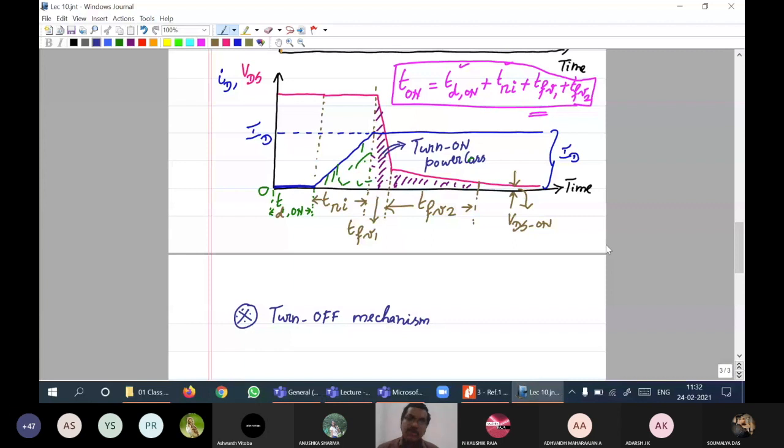See, turn on power loss must be as minimum as possible, which means you need to have a MOSFET whose current rises fast and whose voltage falls drastically. Only then the time duration that is available is going to be minimized. So turn on power loss must be minimal, turn off power loss also must be minimal. Have this in mind. In general, switching loss must be minimized. That's all. Now, turn off mechanism, I'll note that point. With that, I'll stop. Turn off mechanism is exactly